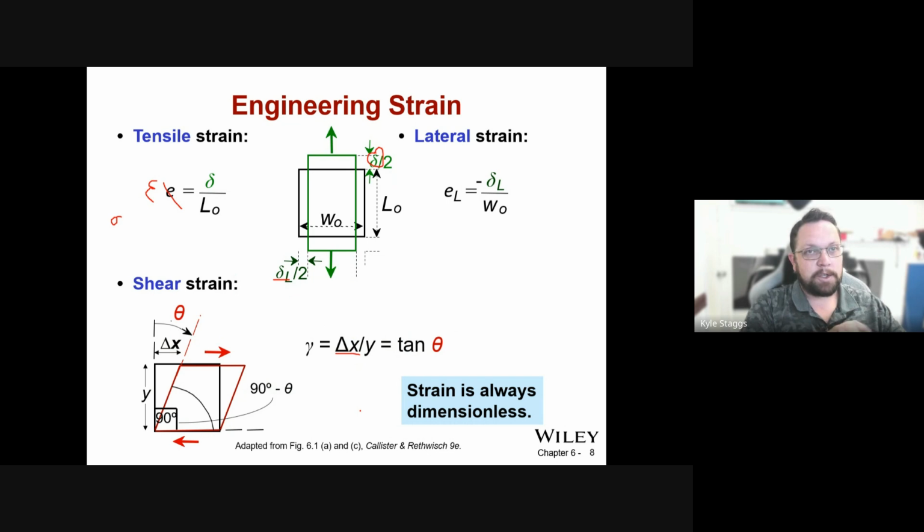Strain is always dimensionless, so that we have an idea, independent of the scale of the object, how much it's moving. This becomes important for a lot of the calculations that we're doing, but it's important to remember that this is meters divided by meters, inches divided by inches, whatever it is, it's meant to be unitless. So long as you're using consistent units to calculate it, it should be the same, meters over meters, inches over inches. That's the whole idea, is to make it a dimensionless parameter so that regardless of what unit system